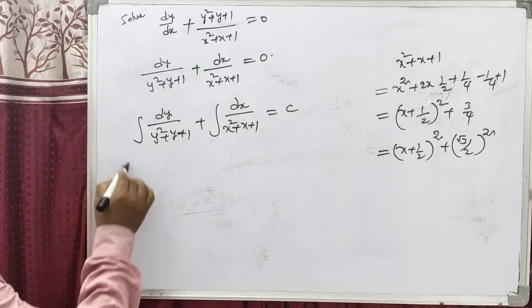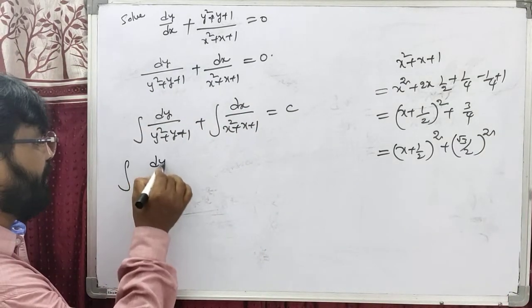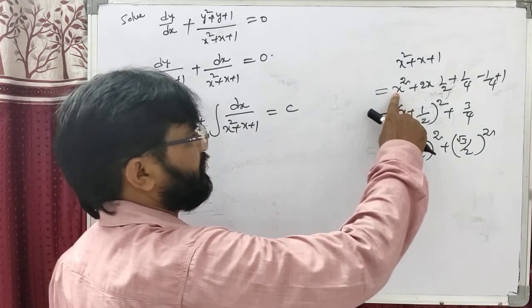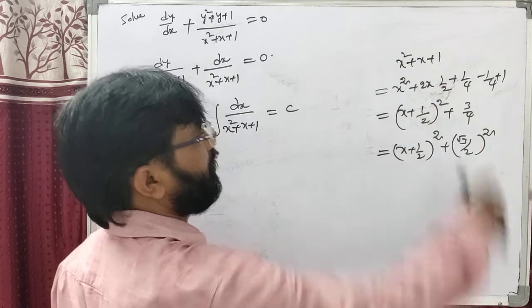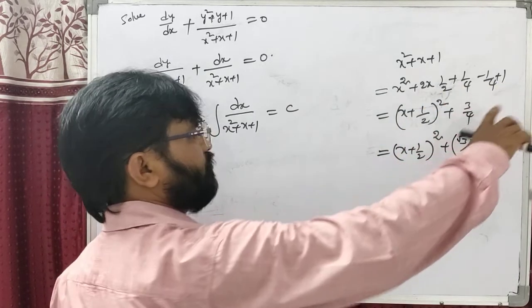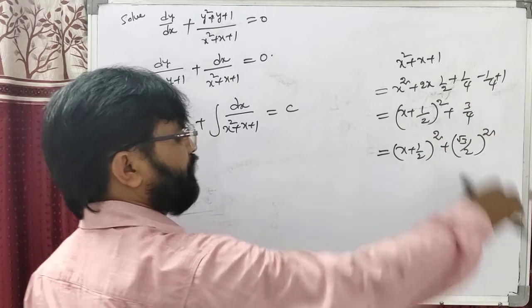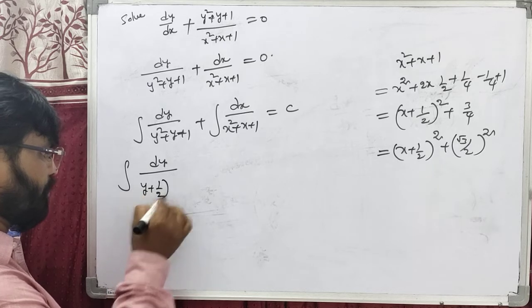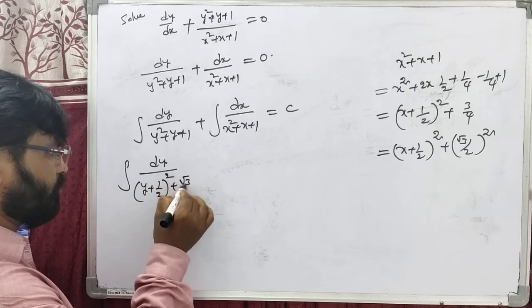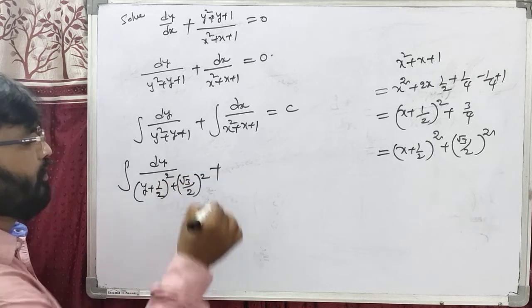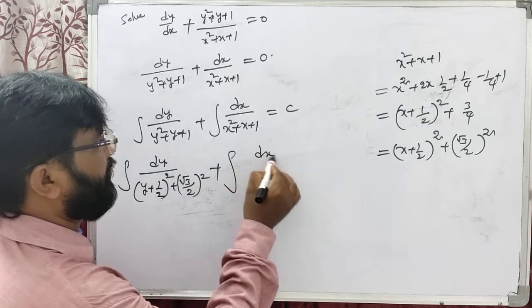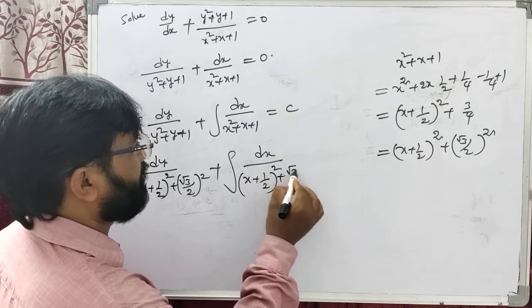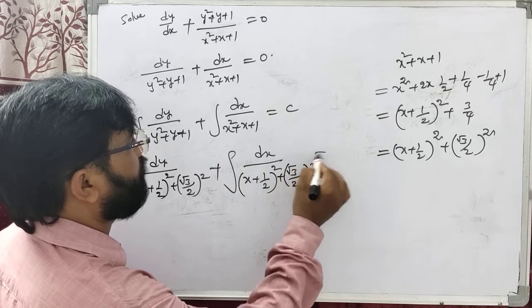Similarly like this also, students, the dy term we can write as this is also the same, a square, a is the y, plus 2ab into 2 by 2. After that we take plus 1 by 4 minus 1 by 4 plus 1. Now this is 3 by 4. Now it will be written as root 3 by 2 whole square. Dear student, this is also written as y plus 1 by 2 whole square plus root 3 by 2 whole square, plus the integral dx by x plus 1 by 2 whole square plus root 3 by 2 whole square equal to c.